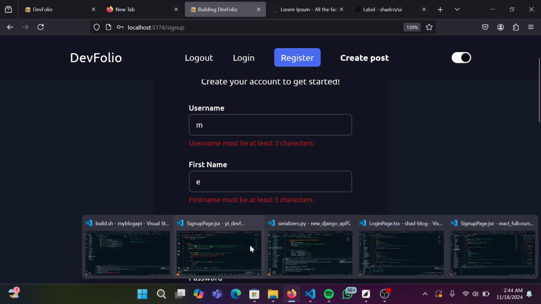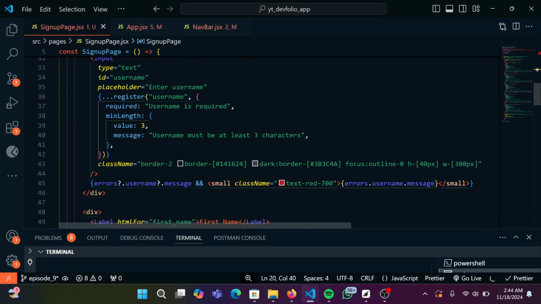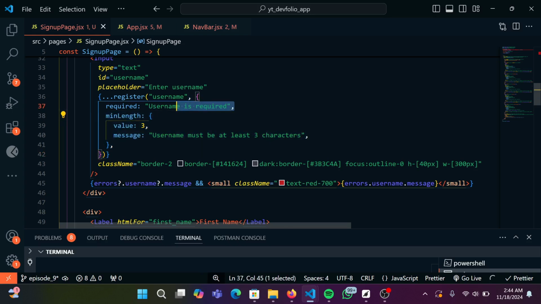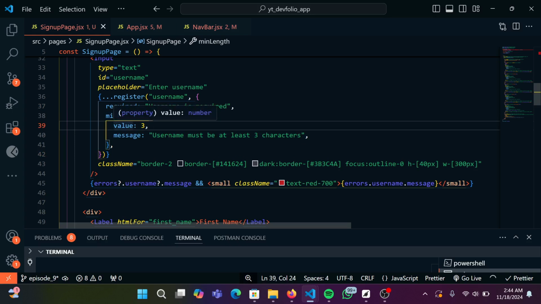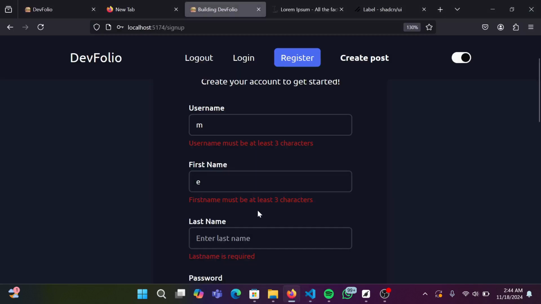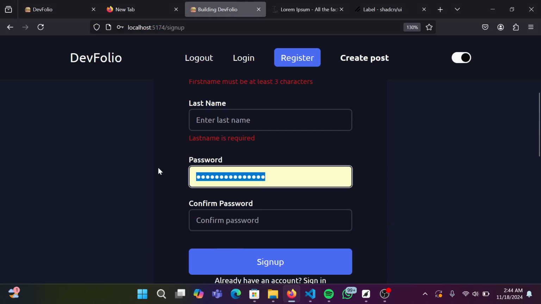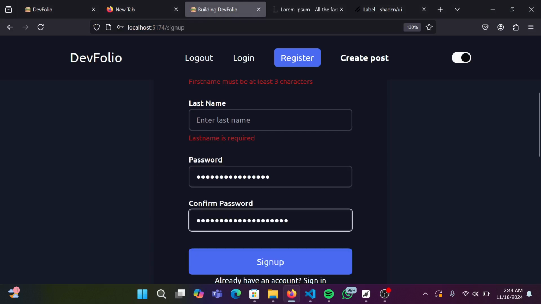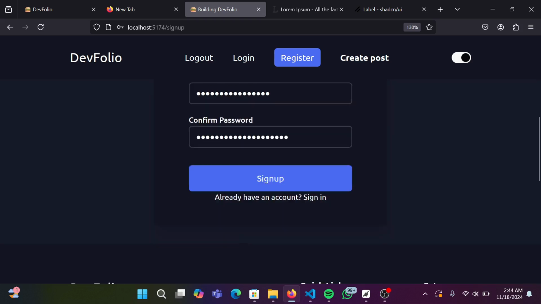Understand? So if you fail any of the conditions, any of the validations, the error message will be displayed for you. If the field is empty, you're going to have username is required or first name or password. If the length of the value is not up to 3, you're going to have the error that tells you that the value should be at least 3 characters. And as for the password, if our password does not match, I'm going to enter a different random password now and click on it. You can see now it says